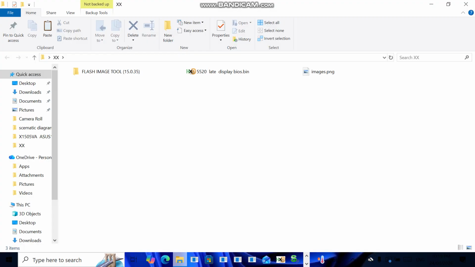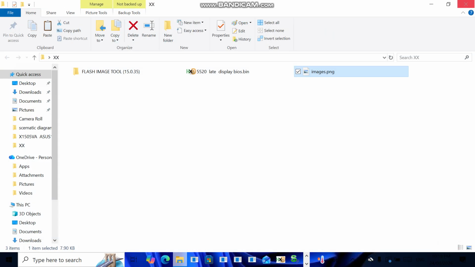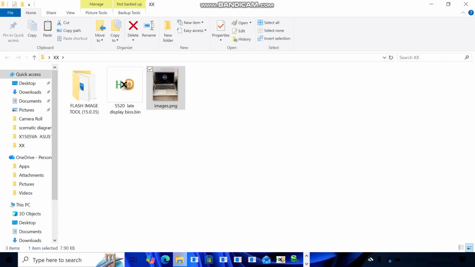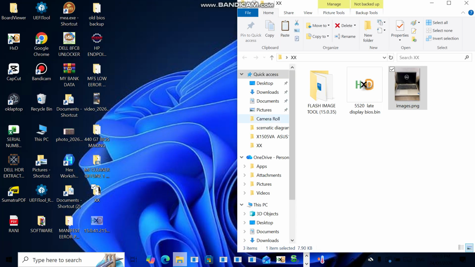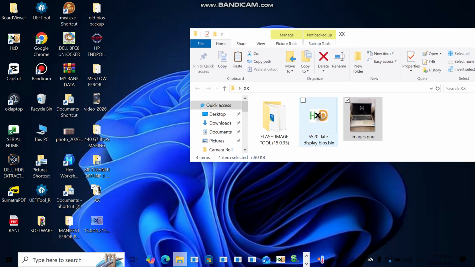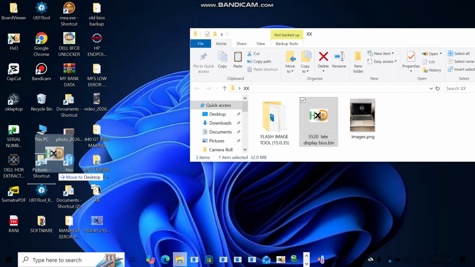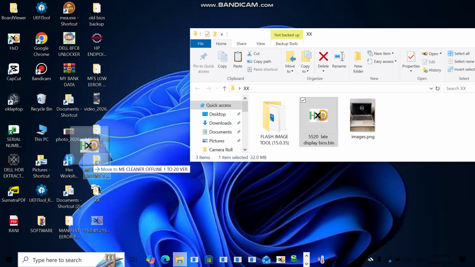So we have a laptop 5520 which has an LED display. Here is the image, and we will build this BIOS. For this we need a repository. So first I will drop in the AMI analyzer